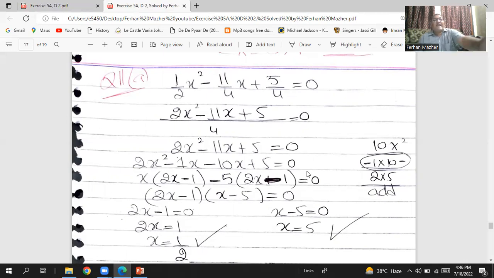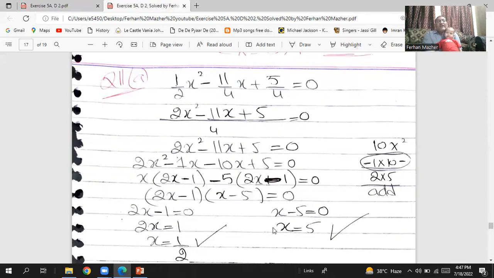From this and this, you can see that the 2x minus 1 bracket is common. So you will have 2x minus 1 common, and from here you will have x, from here you will have -5, bracket close, equals to 0. So we will have 2x minus 1 equals to 0, 2x equals to 1, and x will be equals to